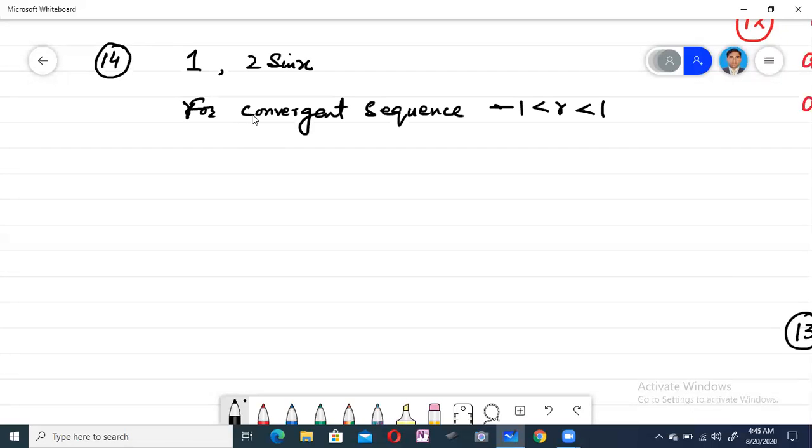What is R? You know, R is the second term 2 sine x divided by the first term 1. That will be 2 sine x. It means R is this one. Then this R we need to substitute here. Minus 1 as it is is less than R, R is 2 sine x,